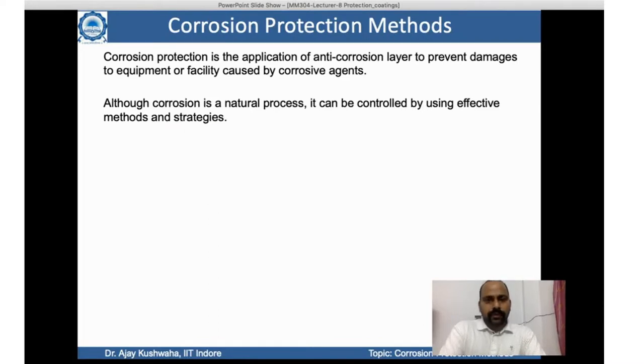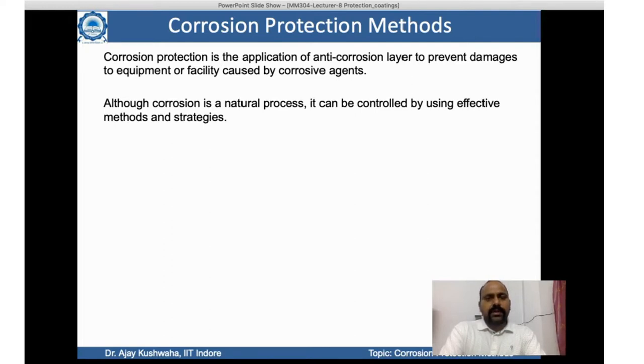As we know, corrosion is a naturally occurring process. It cannot be fully stopped. However, to protect metals and metal alloys and to increase the life of metal-alloy-based systems and equipment, control over corrosion is an important process. Moreover, by controlling the corrosion rate using some technique, we can increase the life of the material, and it will also be economically good.